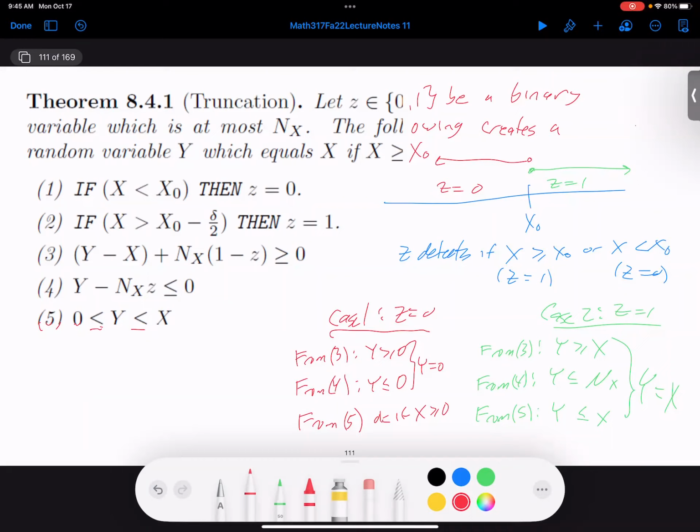If I give you what the constraints are, it's really not that bad to just go through it slowly and ask, what does each constraint do? Frequently, the constraints fall into two categories. If I want something to happen, then these are the constraints that matter, and some other constraints have no effect. And if I want the other thing to happen, then they flip, often in terms of which constraints are actually controlling what goes on. So a lot of times, you might be in a situation where this constraint doesn't really do anything if z equals 1. But when z equals 0, then it comes in. And we saw that with the if-thens and stuff like that.